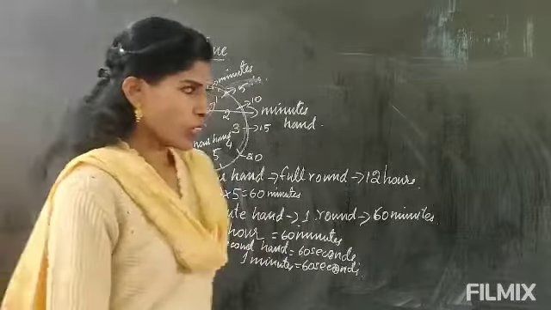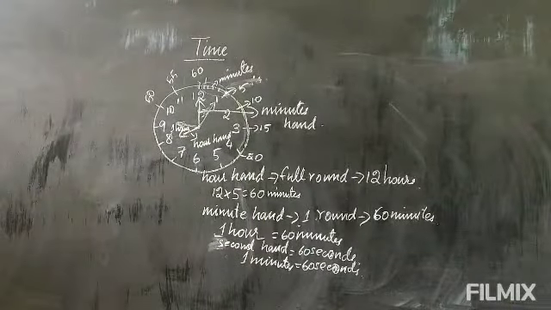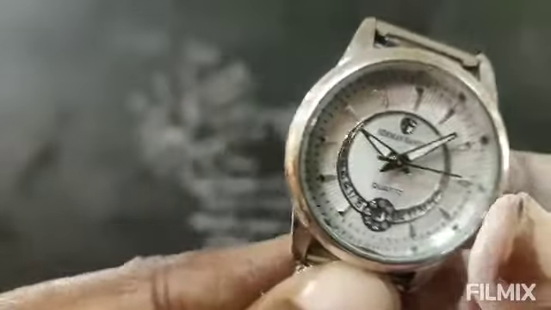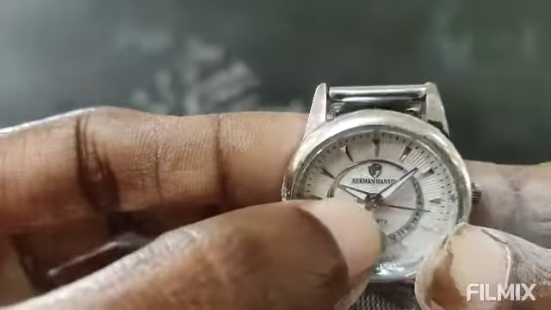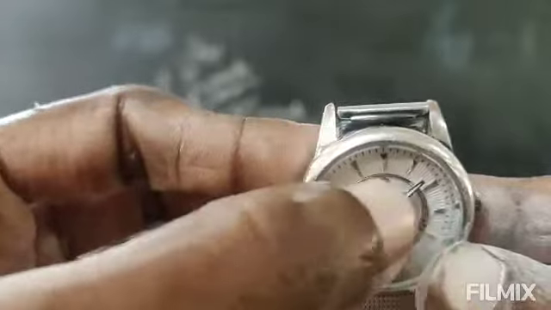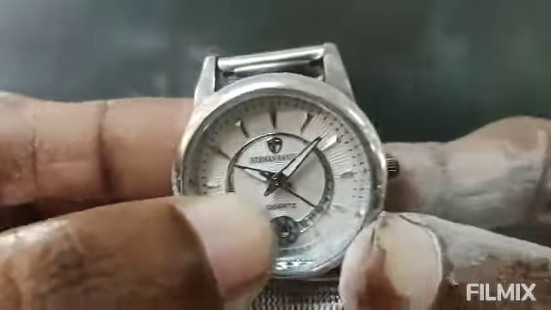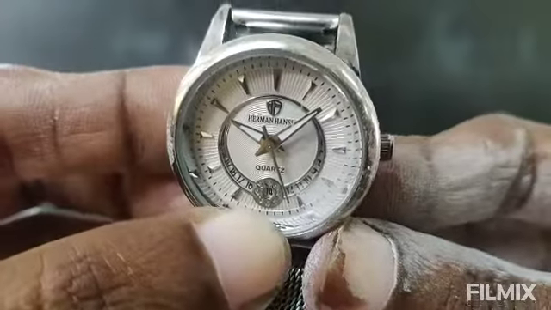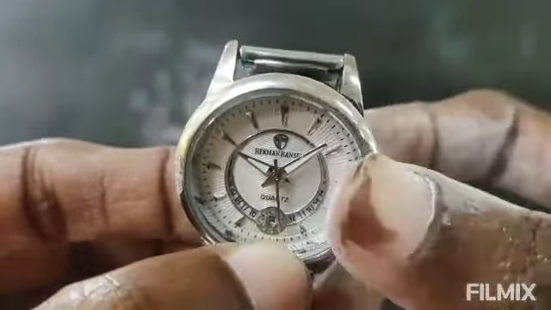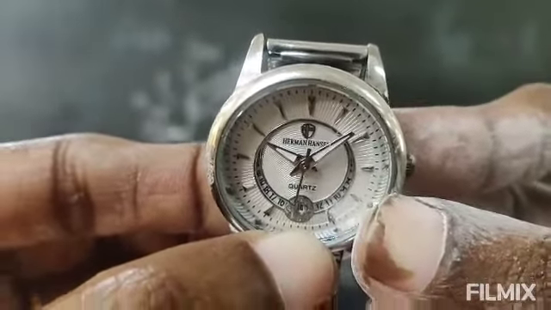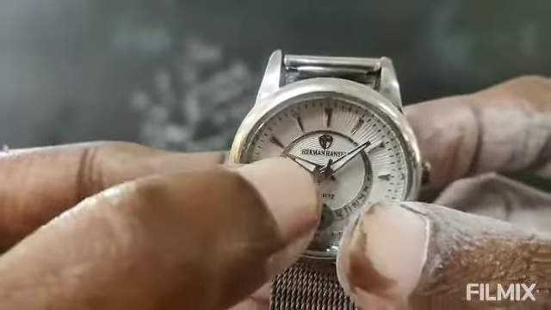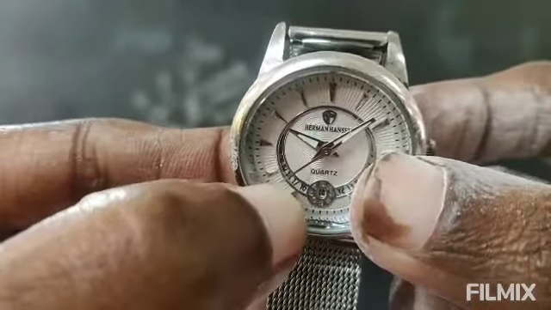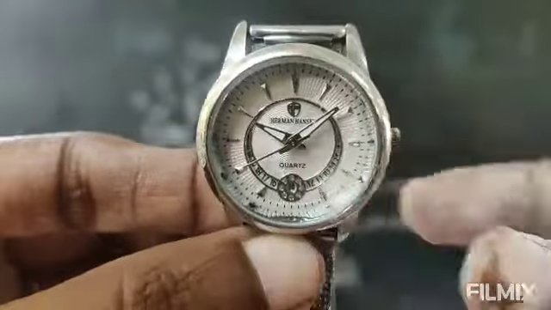You must know this. Now I will show it in the clock. You see here in this clock, this is the short hand, the hour hand, and this is the longer hand, the minute hand. And this thinner one is the second hand. The second hand moves the fastest and the minute hand moves faster than the hour hand. The hour hand moves slower than the minute hand, but the second hand moves the fastest among the three hands.